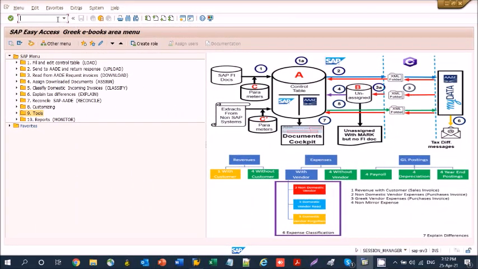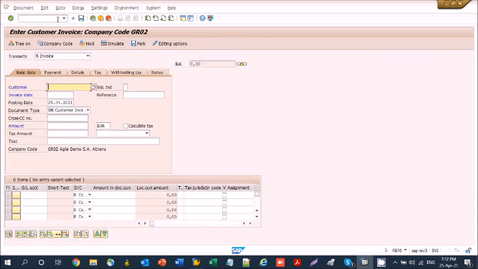Then we will post an outgoing service invoice from the financial accounting module using transaction FB70. Many companies use this method for posting revenues, especially when they have not implemented the sales and distribution module.